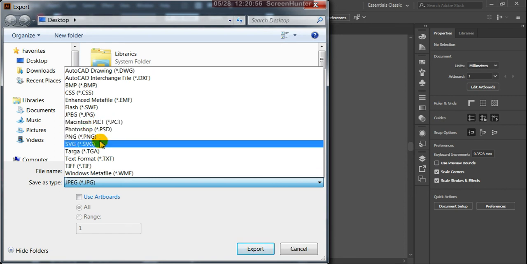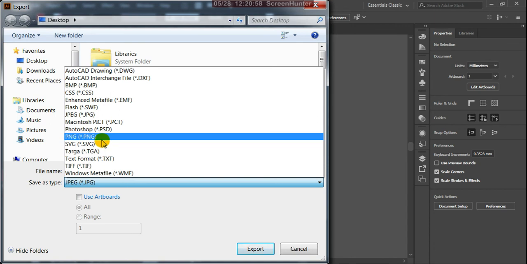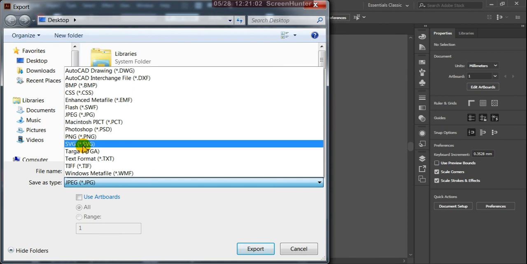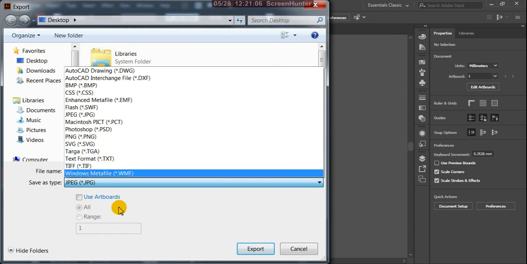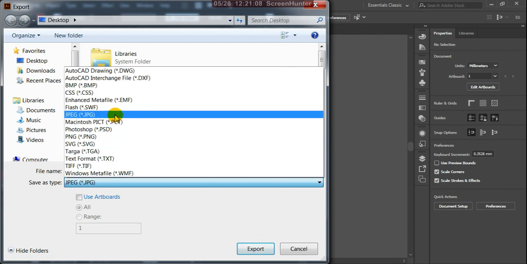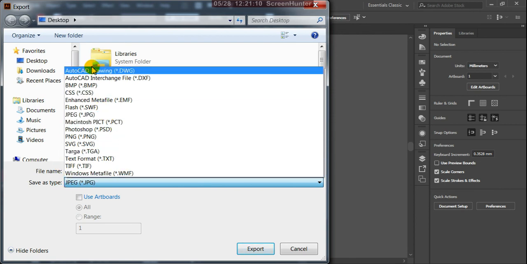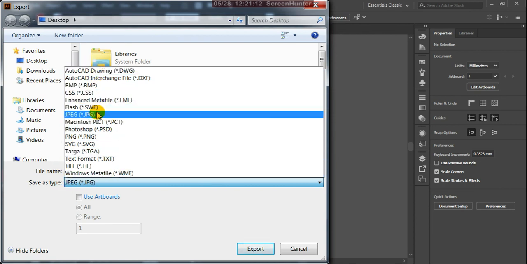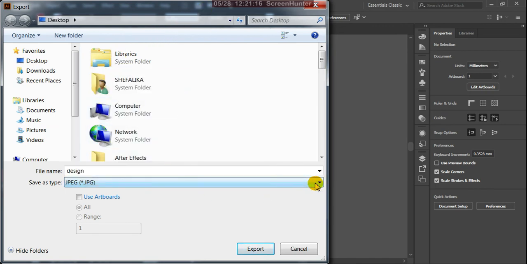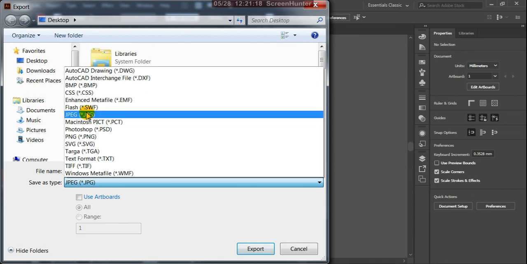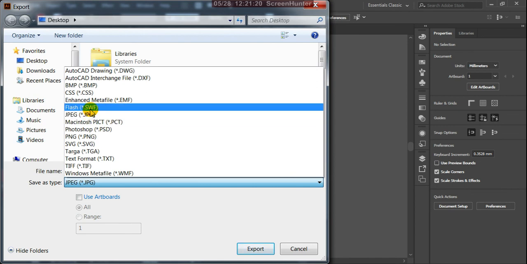And PNG, Portable Network Graphics, with which you can create transparency, and of course SVG is also there, and Targa file, text format, TIFF. So among these formats, the important ones are, sometimes we save in AutoCAD, otherwise the Flash file, SWF format, you can also save your Illustrator file.